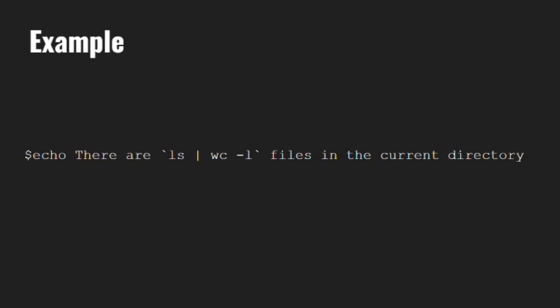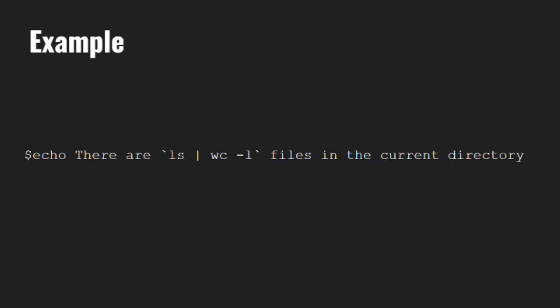You can generate pretty useful messages using command substitution. For example, you can use two commands in a pipeline and use the output as the argument to the third command. So in this particular example, first ls is executed, then the output of ls goes to wc -l and its output goes to echo. And by the way, this particular command will give us the number of files in a particular directory.